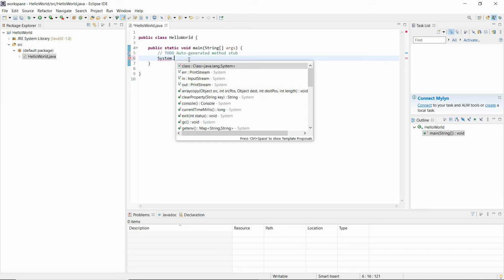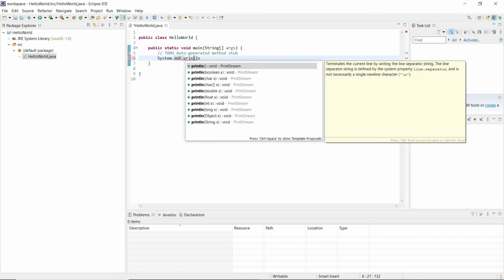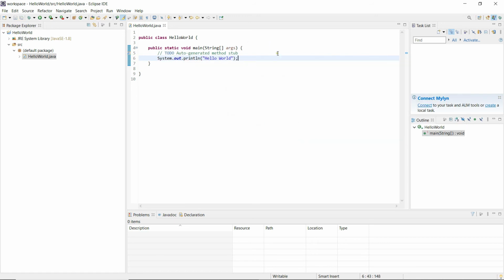This is the code intelligence capability, using which we'll be able to select which API or method we want to use instead of manually typing the code and making mistakes.